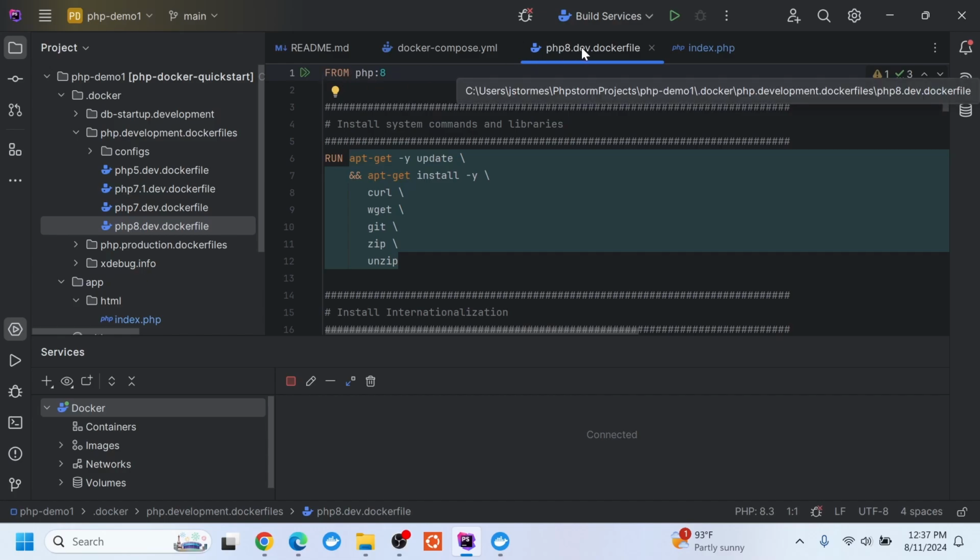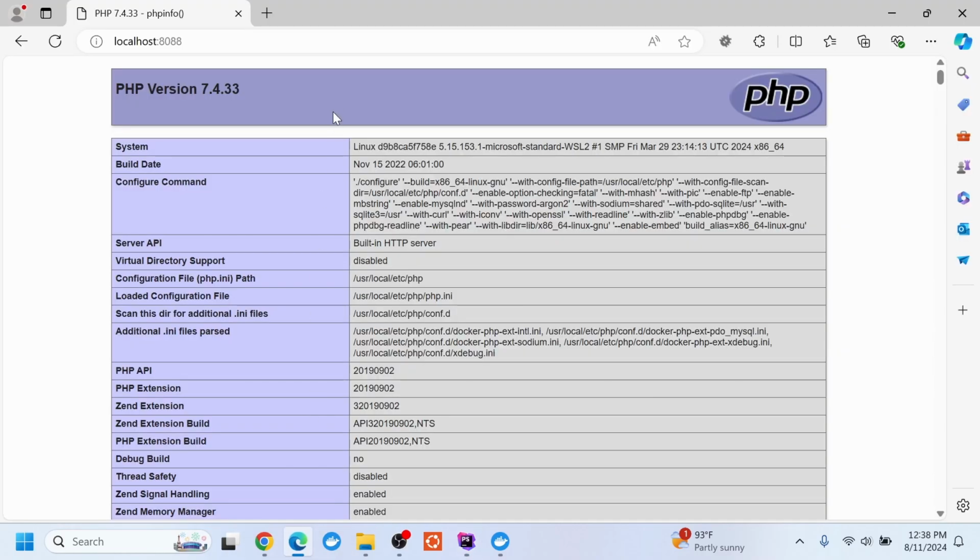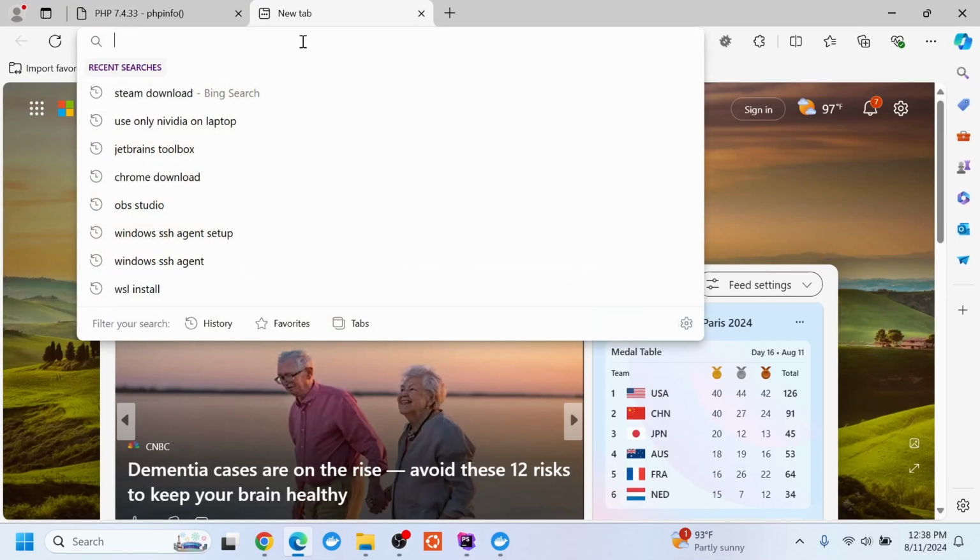So our PHP 8 dev Docker file, at the top we see this FROM php:8. What that means is that we are basing our Docker image and its modifications on the Docker image PHP 8. And if we go to the Docker Hub,